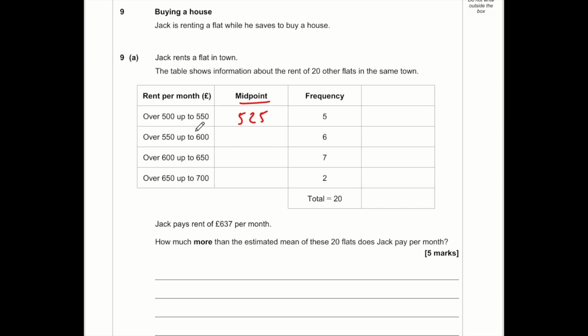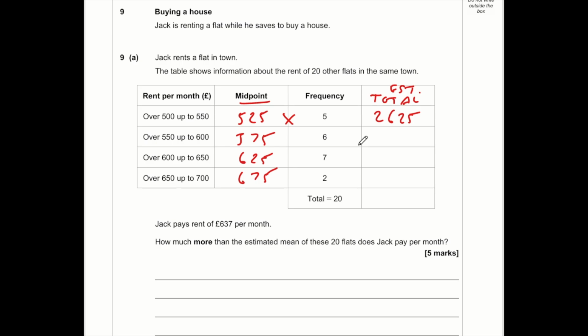So what's the midpoint between 550 and 600? That's 575, 625 and 675. Now what we want to do here is work out the estimated mean, and the reason it's an estimated mean is because we're guessing by using a midpoint. So we're going to create an estimated total column. If we've got 5 flats with an estimated rent of 525, then the combined monthly rental income is going to be 5 lots of 525, and that comes to